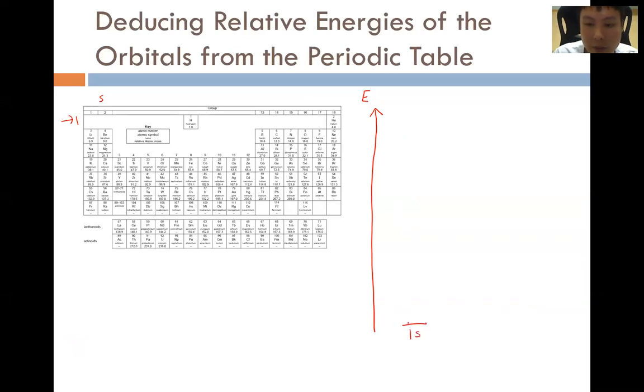So 1s is only one line because there's only one orbital. And then after that, I'll go to 2 and it'll be 2s. And then after that, left to right, 2p. And remember that the p orbitals exist as a set of 3. So 3 2p orbitals, and then 3s, and then 3p,